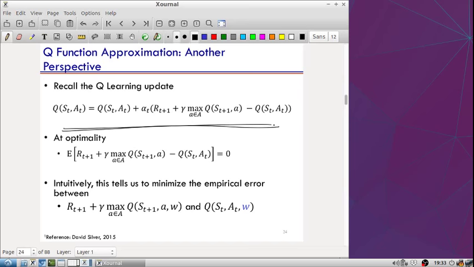And you'll see that in DQN, what they do is they only update W on one side, not both sides. I'm going to explain that in the next few slides. So all I've said is at optimality you need this to be 0, right? And if this needs to be 0, then you can imagine, if this is the error, you can think of setting the parameter such that this difference between two things is close to 0. So again, it's like a least squares objective. If I want this to be 0, I can explicitly say I want to set W such that this is equal to 0. That's the motivation for